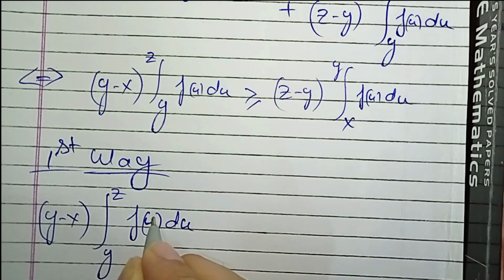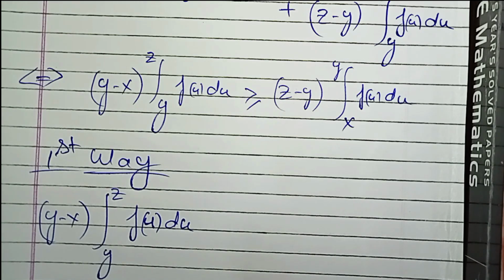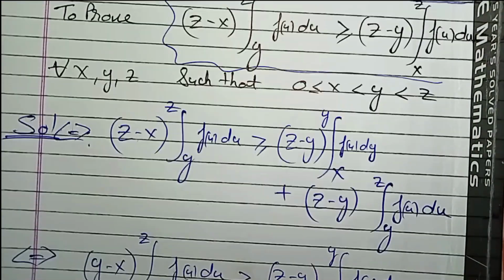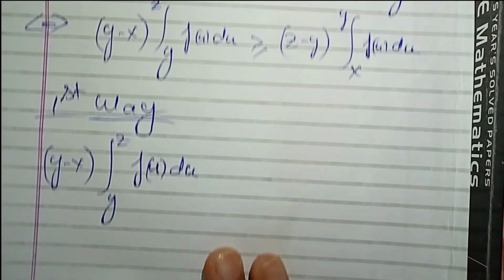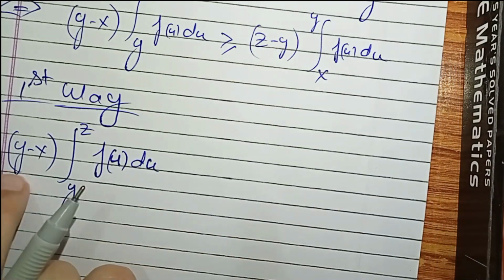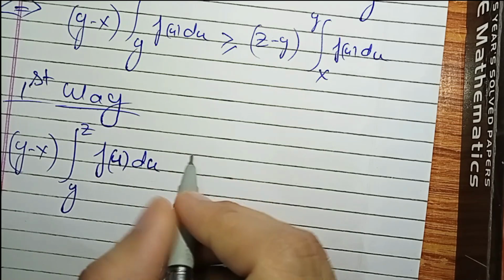That's what I told you. Whenever you are solving any problem, try to focus on the speciality in that problem. Like in this problem, what is special about our function? Our function is non-decreasing, so you try to use this fact. Okay, so how can we do this? This thing is greater than,